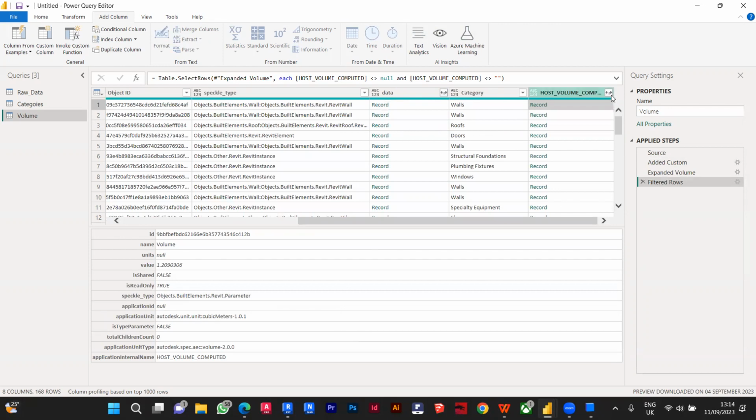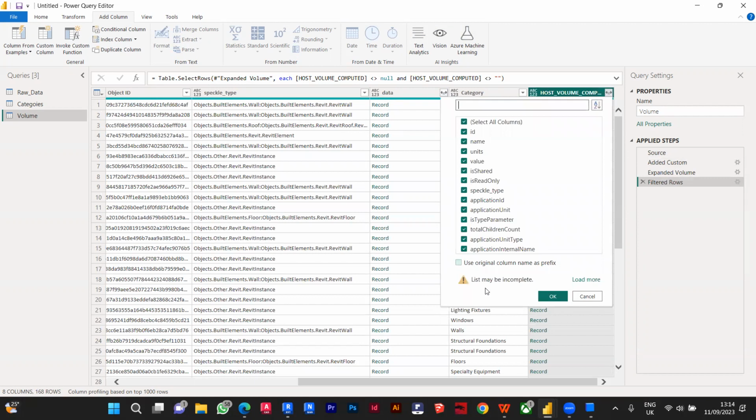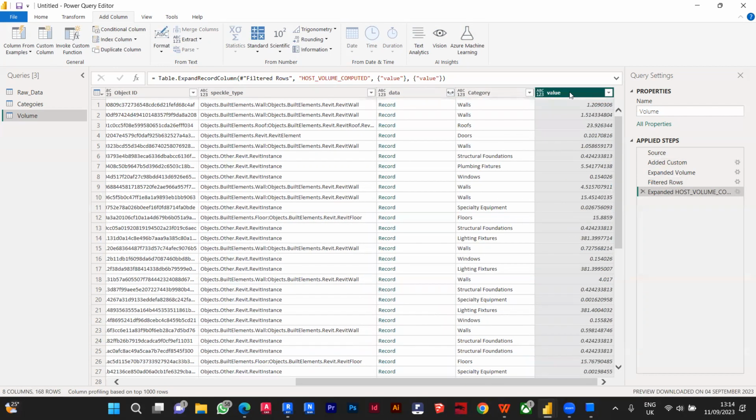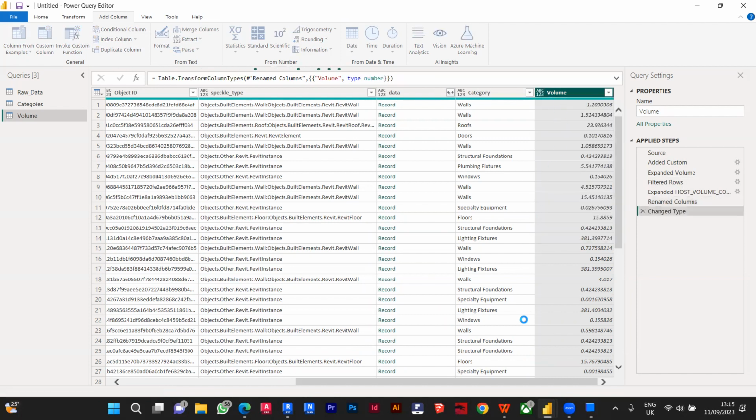This is our value. Now again, I'll select the value column, which is this. I'll be getting information about the volume. And as you can see, instead of value, I'll get volume. Now, since volume is always decimal, it's not in whole numbers, I'll change the type. This done. Now, when I close and apply,